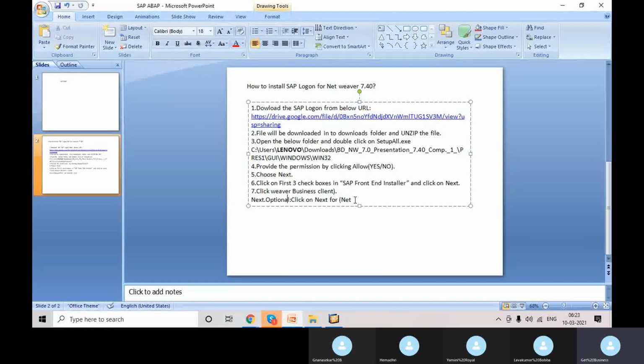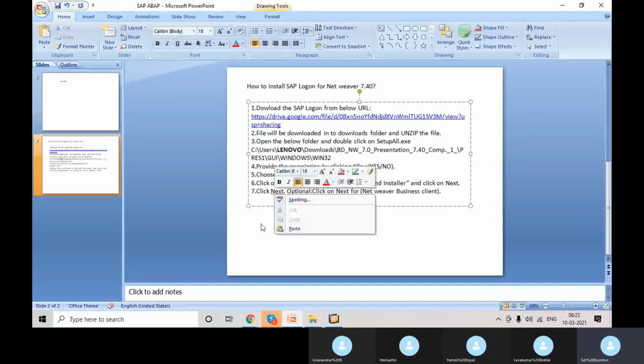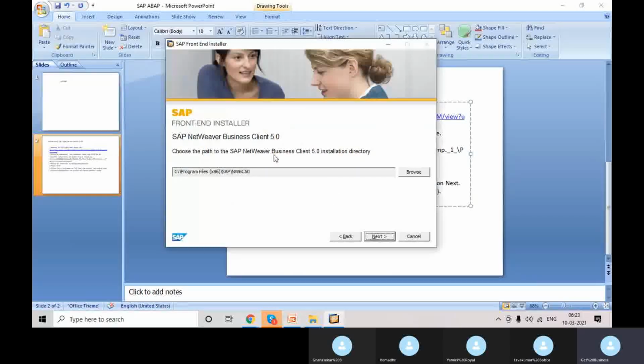Okay, so we are in the same screen, SAP NetWeaver Business Client. Just click on next.